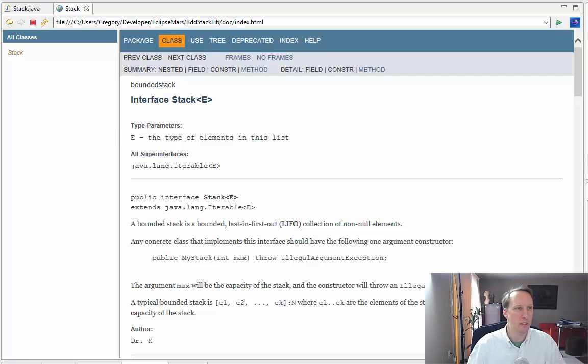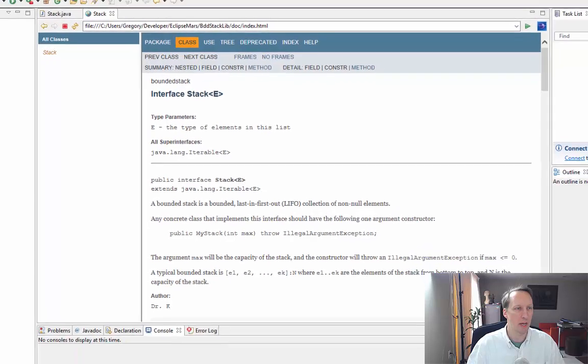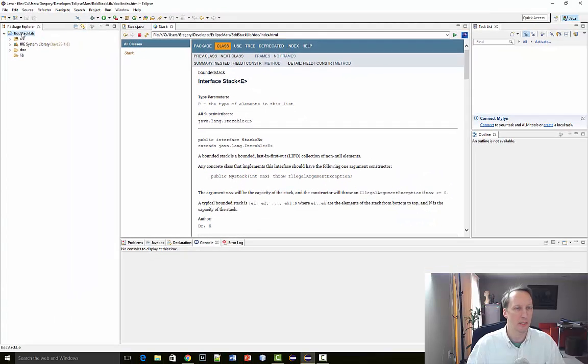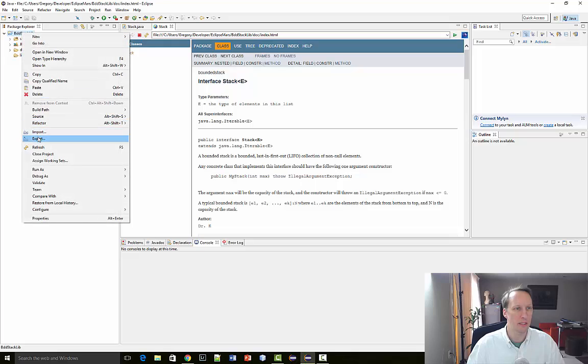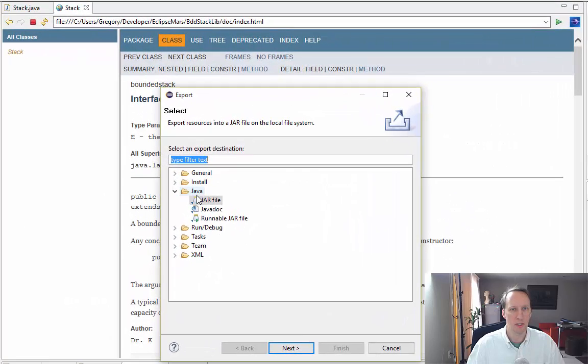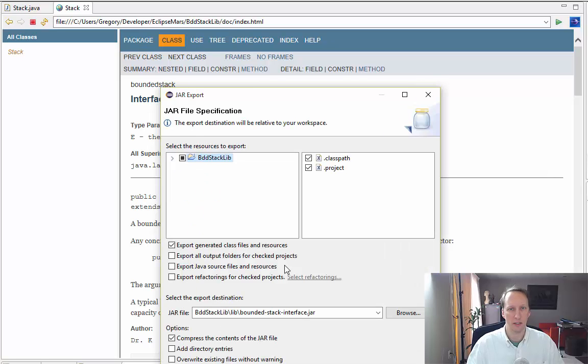So now I want to export my program library. The way I do that is I just go to Export. For a jar file, you go under Java. It'll look like this. You go under Java and you choose JAR file, and then you say Next. I'm not sure why it has these options. I never click these. Compress contents,